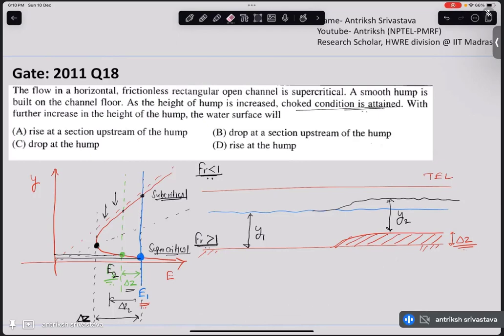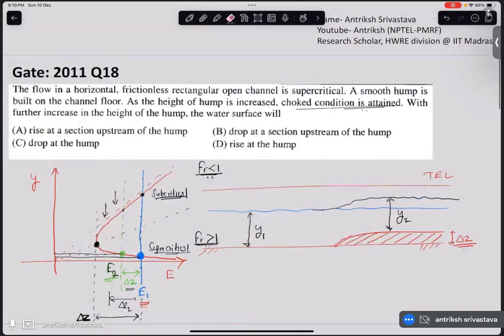That is the hydraulic jump phenomenon that is going to occur. But just think from this curve perspective. What is going to happen? See, the energy on the downstream side, ignore the concept of hydraulic jump for now. In the subcritical flow, when you had increased your delta Z to the limit, the downstream energy became the critical energy, and it cannot go below this,